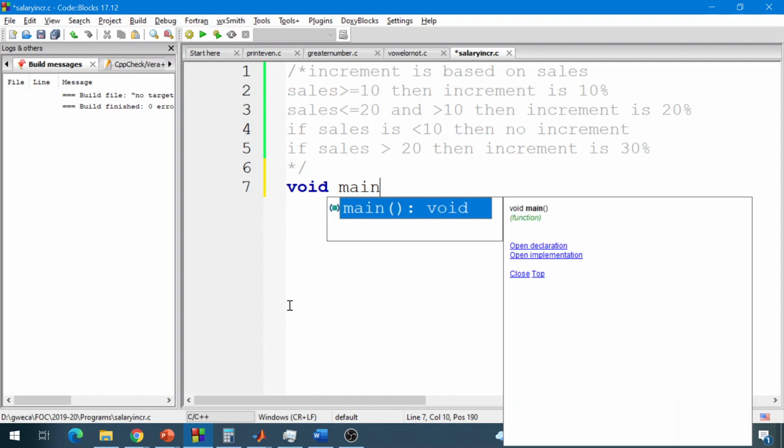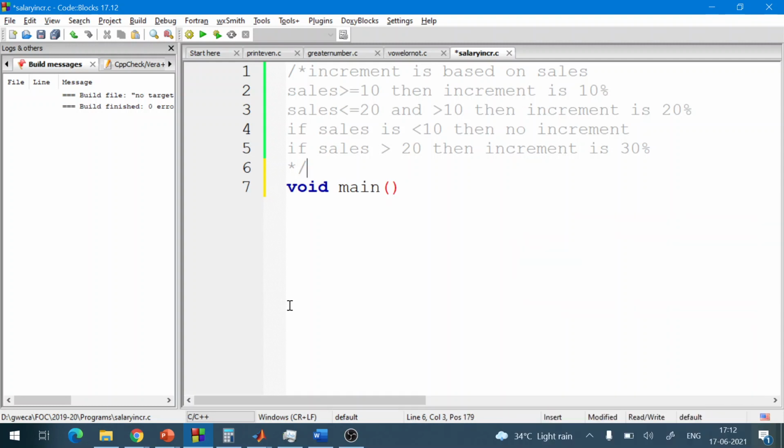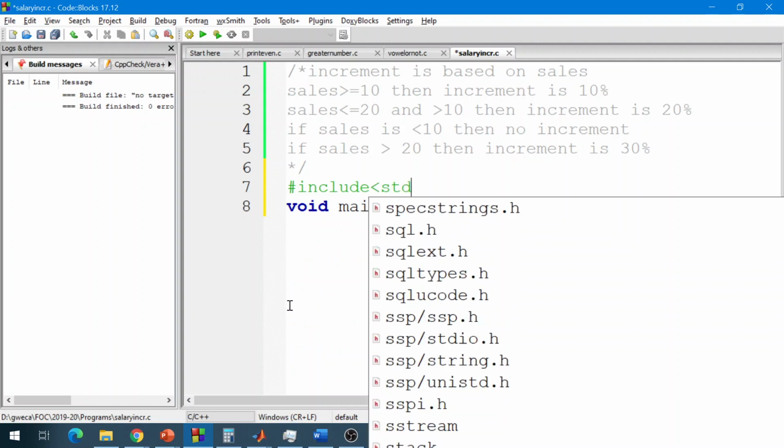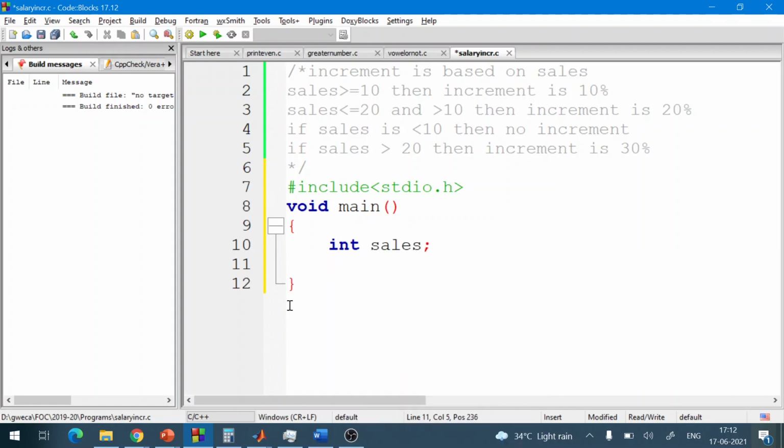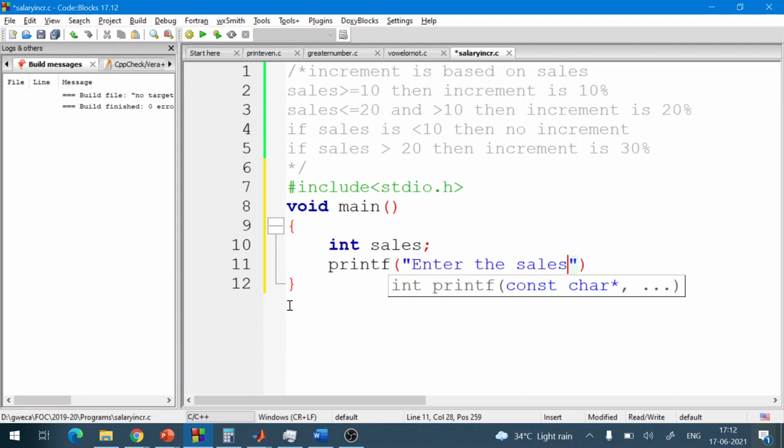Void main. Before that, let us include hash include stdio dot h. So first we require sales, integer sales, and printf, and we want to enter the sales made by the employee.